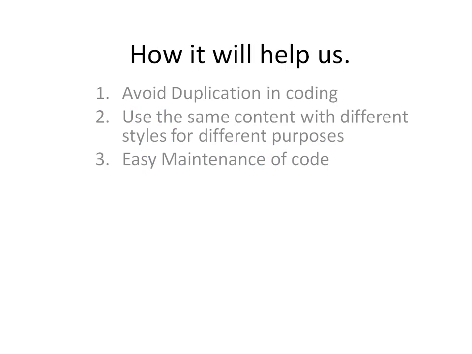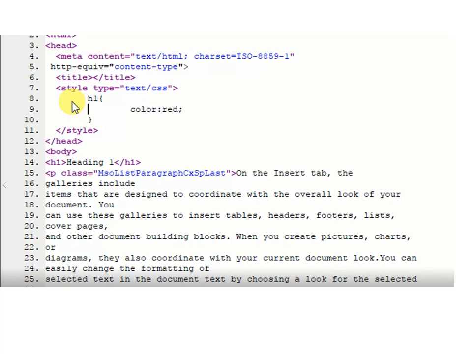can help us. CSS can help us in avoiding duplication in code. For example, if you have 10 H1s and we need to make all of them red, we just have to go in our style tag, write h1, curly bracket open, curly bracket close, and color red. You don't have to go into each and every H1 and change it. You just write it in the style tag. So it lessens your code.